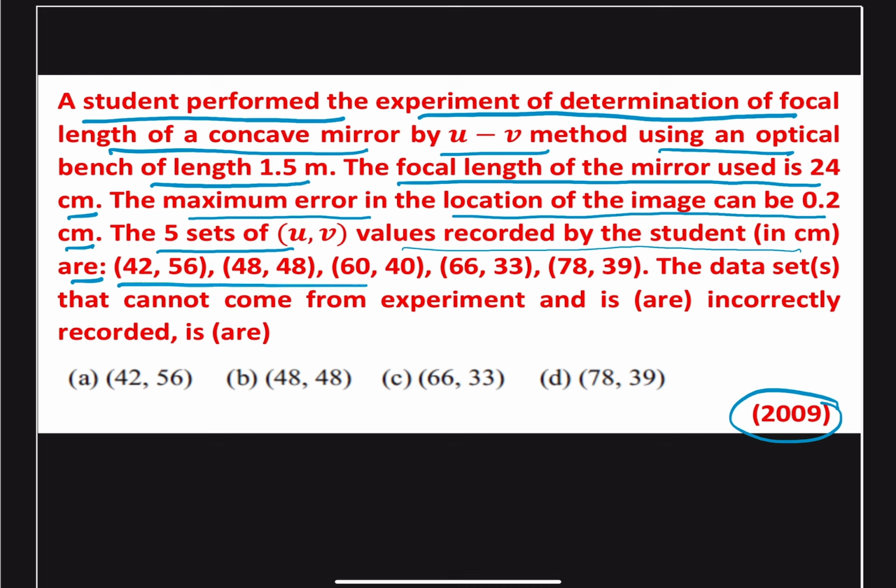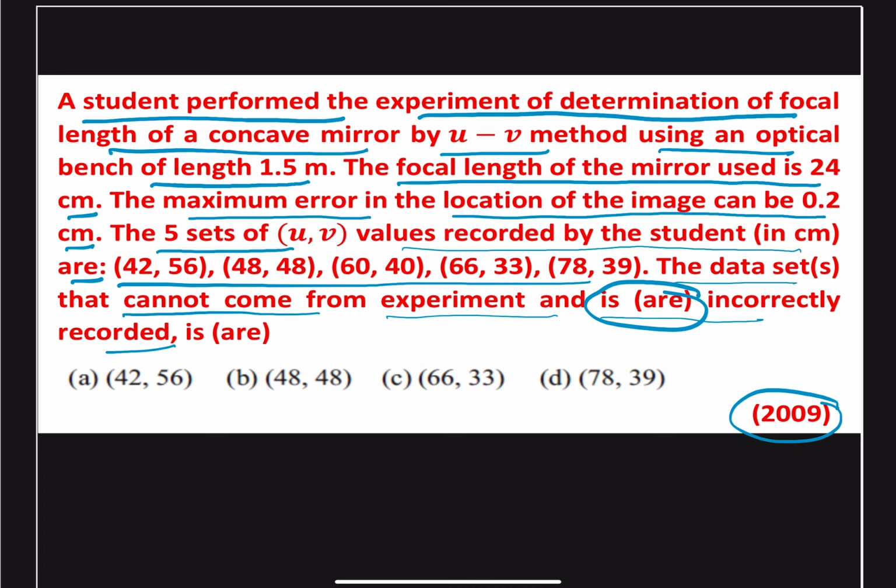So these are the 5 sets. The data sets that cannot come from the experiment is or are incorrectly recorded. Okay, so we have to find out from these 5 sets which of the values is incorrect. It is a multi-correct option, that's why written as is or are. So first of all, we are going to find out, using the basic mirror formula,